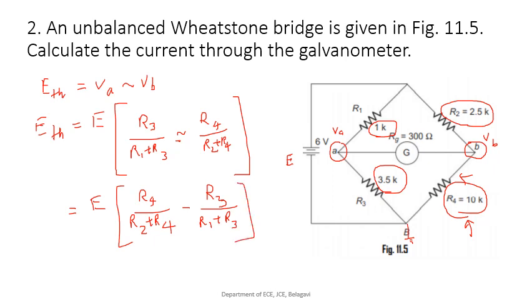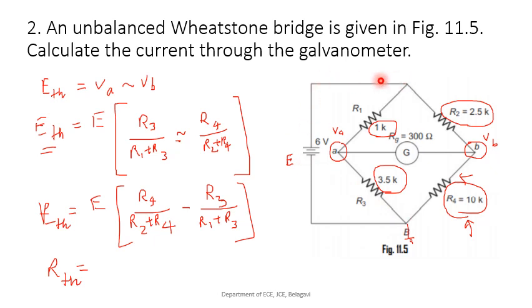Okay, here now it is minus. So if you solve this, you will get the value of ETH, the Thevenin voltage. Same thing if you want to find out RTH, the resistance. Normally to find the resistance, the voltage source will be shorted. If you short the voltage source, there will be a short between this point and this point.